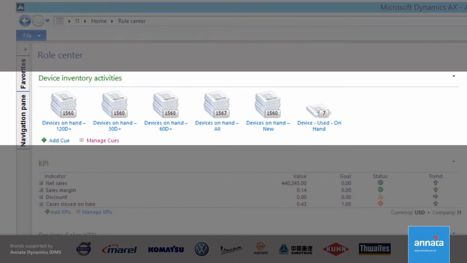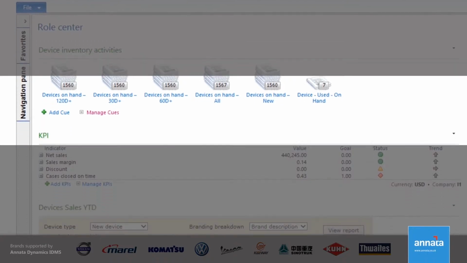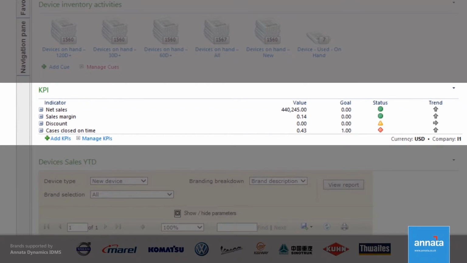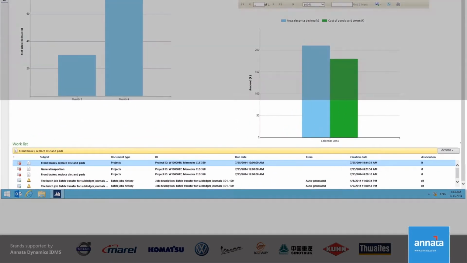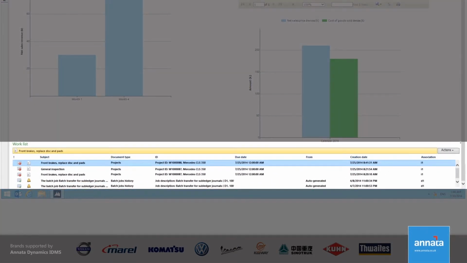As an example, I see the number of devices that are on hand and how long they have been in stock. Just below the cues, the KPIs display real-time information relating to the performance of my department. The reports also help me to track what's happening in my business. Right at the bottom of the Role Center, the Alert section highlights the most urgent tasks that I need to